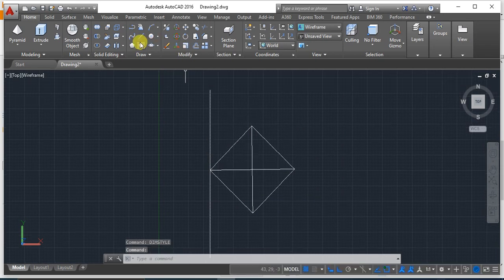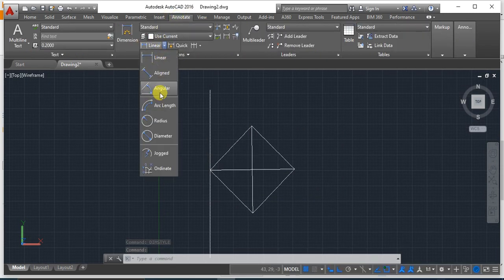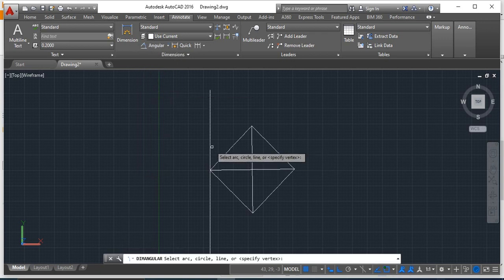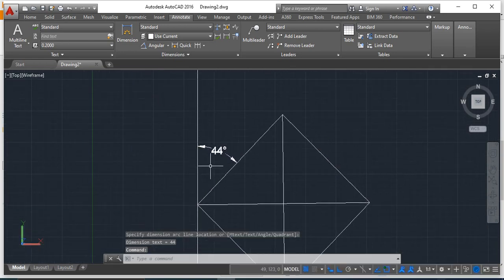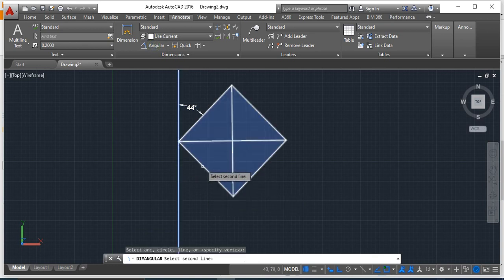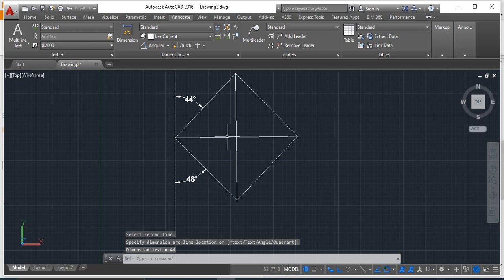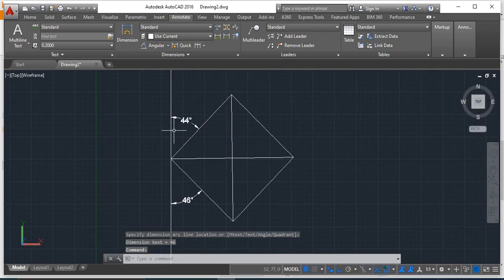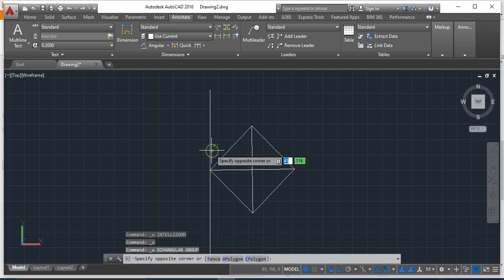Just make the angle. For this go to annotate and find out whether it is equally inclined or not. This is very crucial because if it is not equally inclined, then it would create a problem. This is 44 here, it is approximately 45, and this side also it would be 45 only. This is 46. So just tilt a bit, just make sure it is equally inclined. Repeat the same process until you get equal inclination.